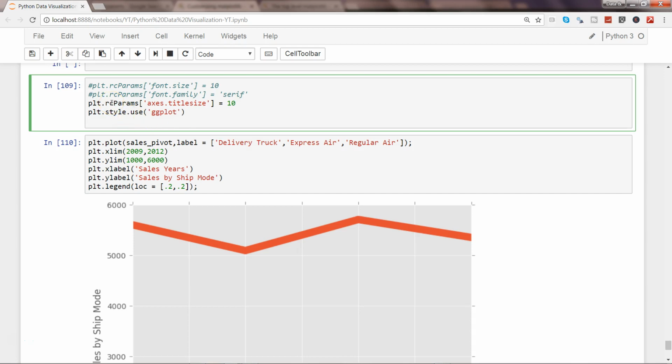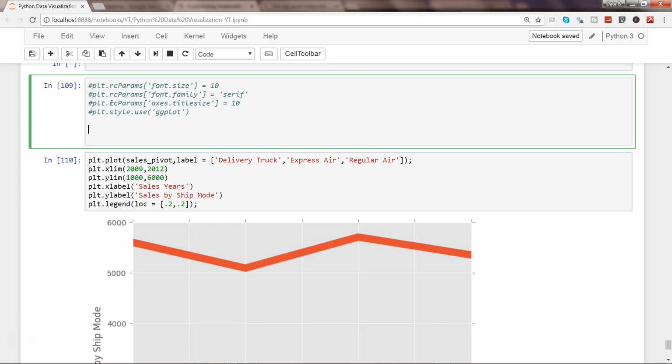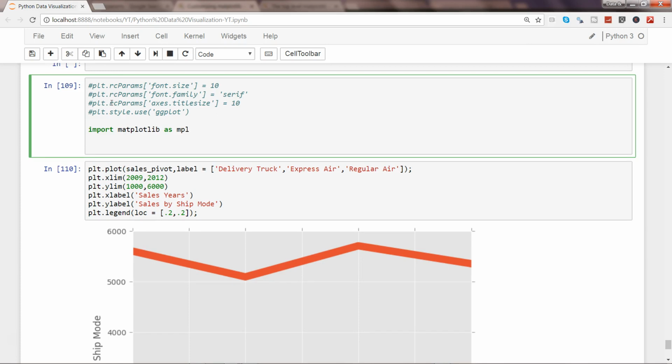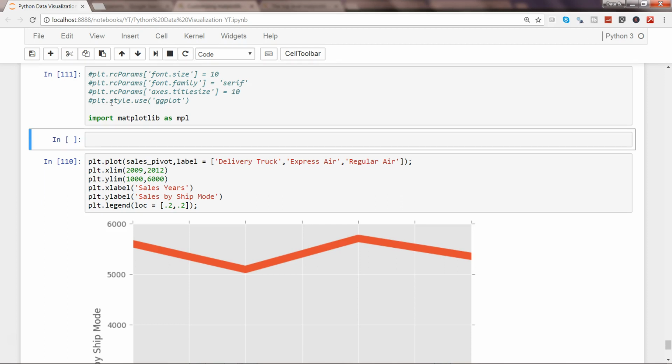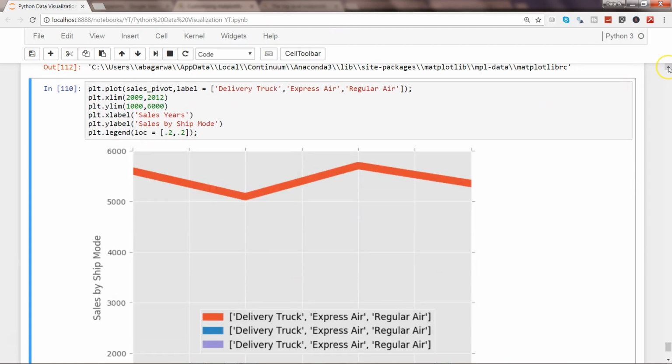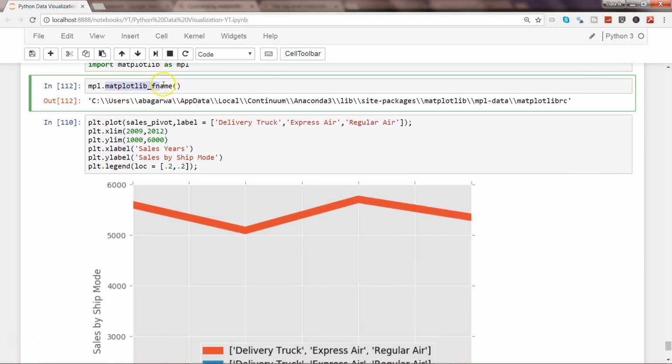So for that, I will comment this out, and then I will use import matplotlib as mpl, and let me execute it and create one cell above and say mpl.matplotlib_fname